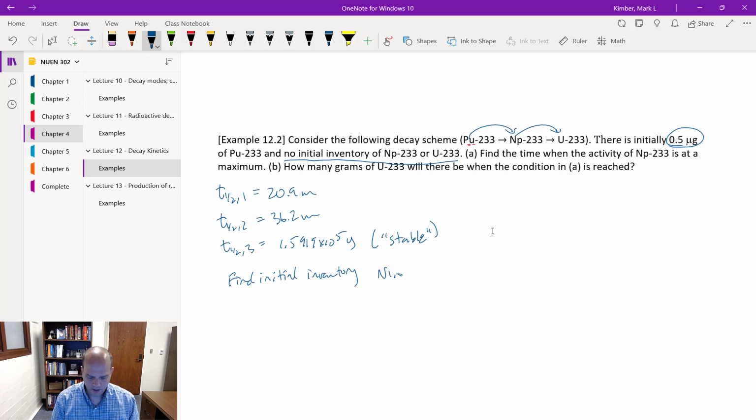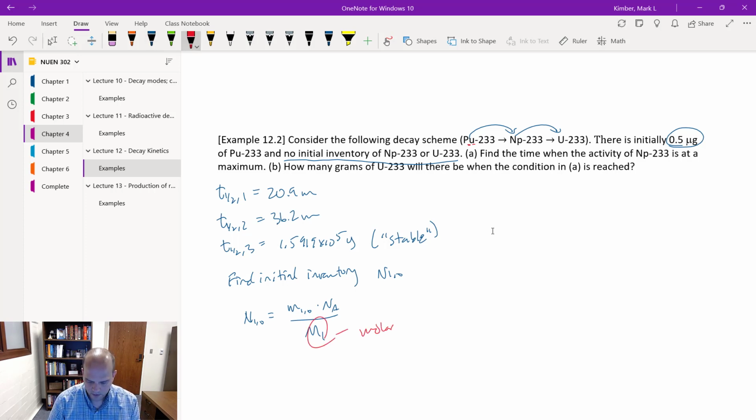And we do that by looking up the molar mass, the AMU value. So this will be equal to the mass, the initial mass, which is given in the problem statement. We'll have Avogadro's number, and then we'll divide by the molar mass of that first isotope, keeping in mind that